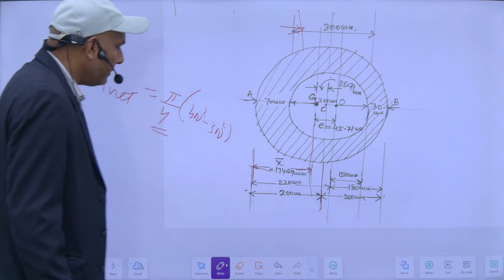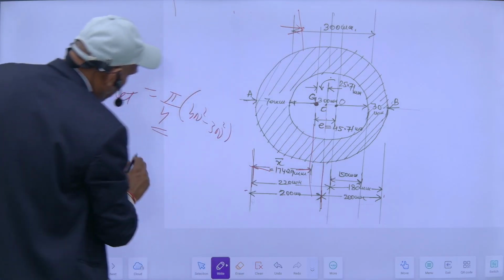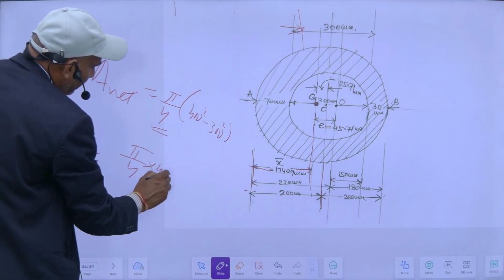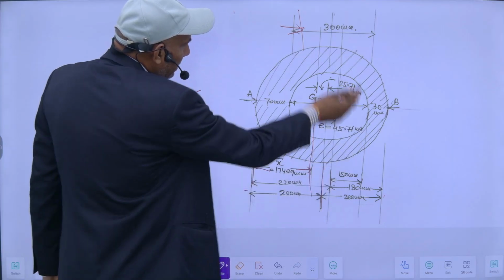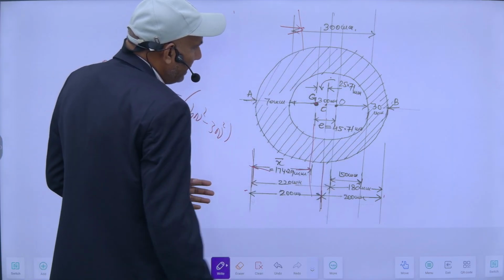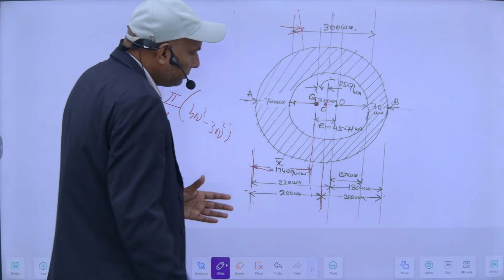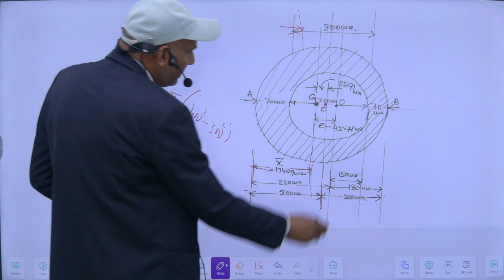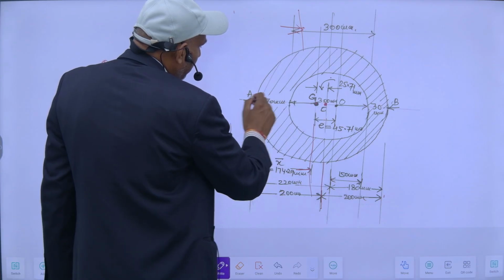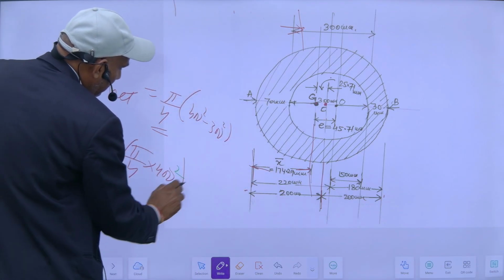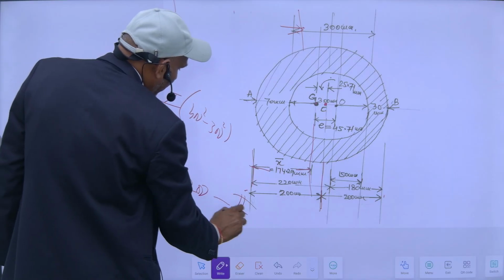For this, what I will do, my x bar will be area of the hole, it will be pi by 4 into 400 square into its distance from here. So the outside area of the whole dia, its center is here. So this C is the center of this outer circle 400. It means it is 200 from here. So its distance from this point to this A is 200, minus area of the inside bore pi by 4 into 300 square,